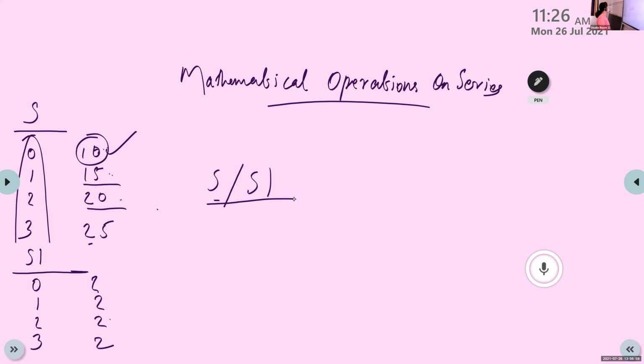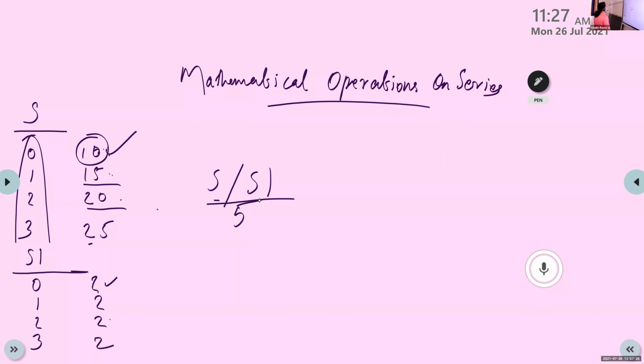First one it is 5. It is S by S1. That is S is 10 by S1, S1 is 2. Then 10 by 2 is 5. Okay.